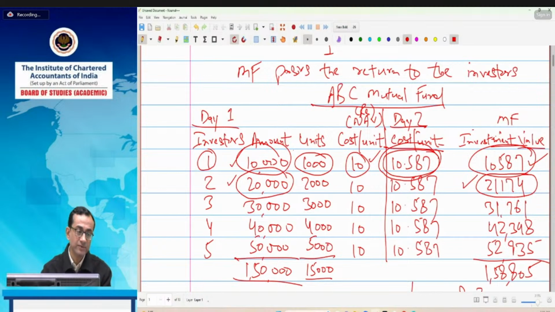Yes, Shruti, we will come to this because he can hold it. It is not necessary. I'm just giving an example that if the mutual fund investor wants to sell on day two, then what will be his position? He can hold for 30 days also. He can hold for a long period also. And we will see that there are certain types of mutual fund in which there is a fixed maturity period. And in case of some mutual funds, there is no maturity period. They can buy the mutual fund at any time and sell it at any point of time. So this we'll see when we proceed with the further slides.